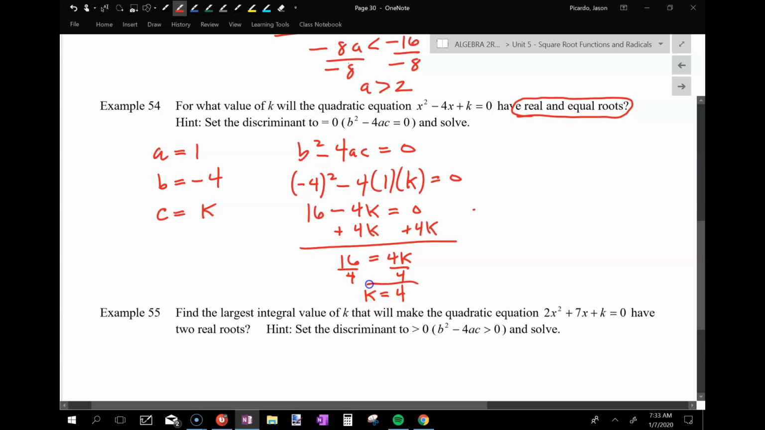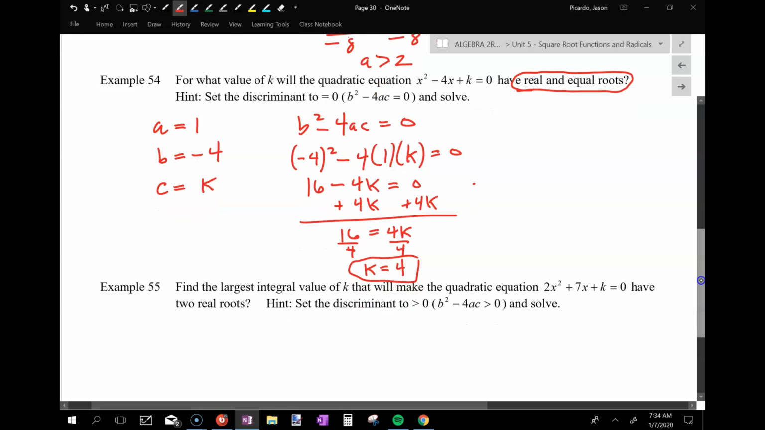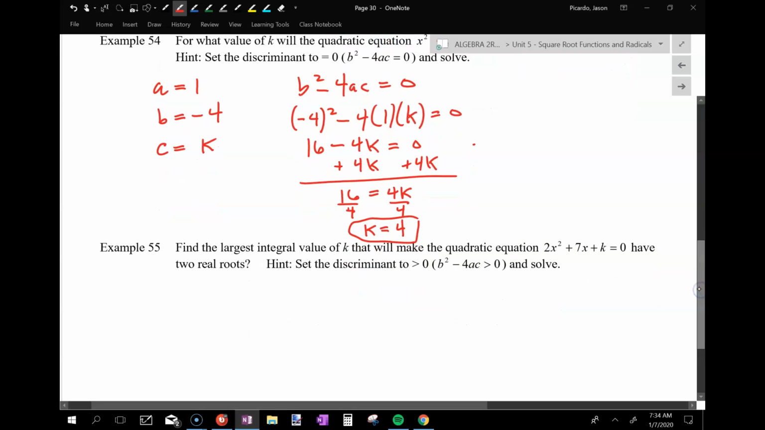And the value of k had to have been 4. Cool? All right. Our last problem, our third scenario, actually,